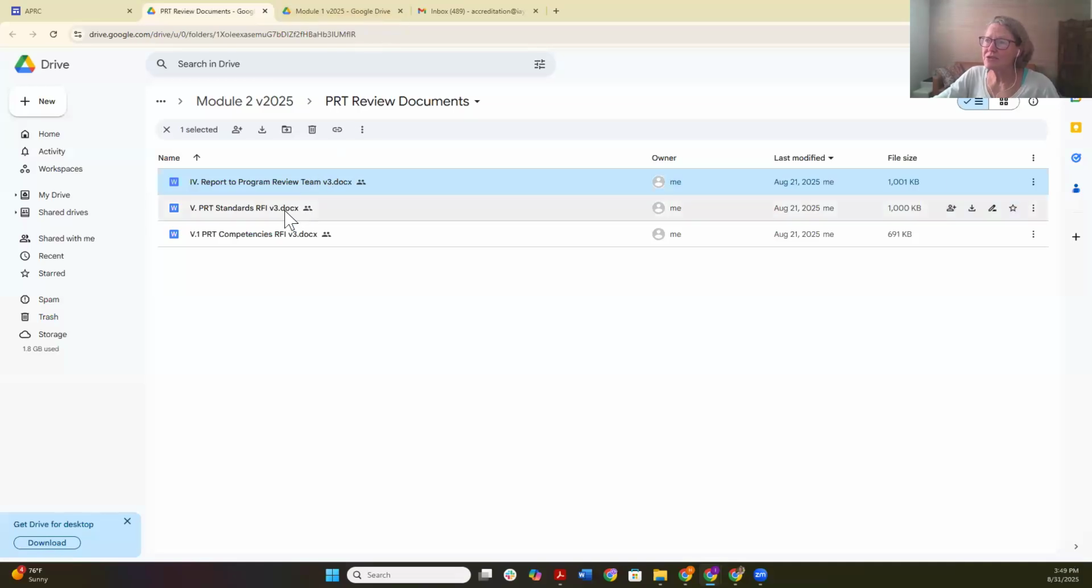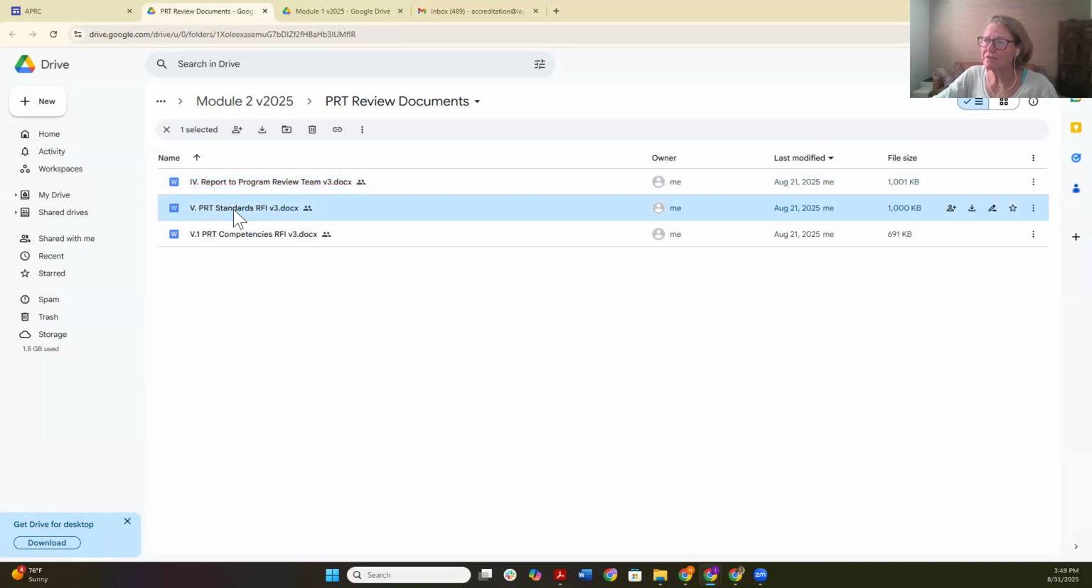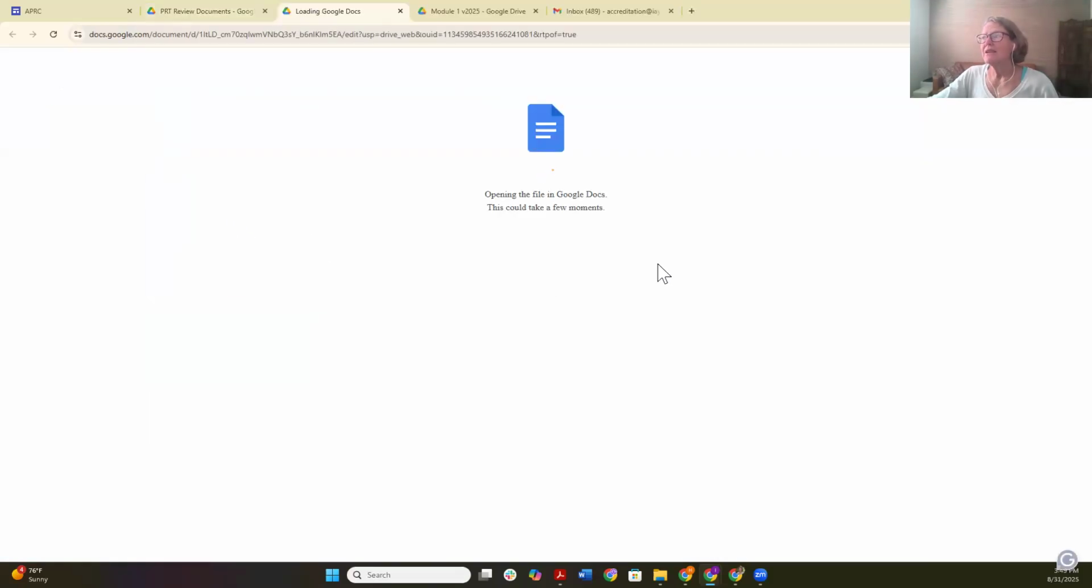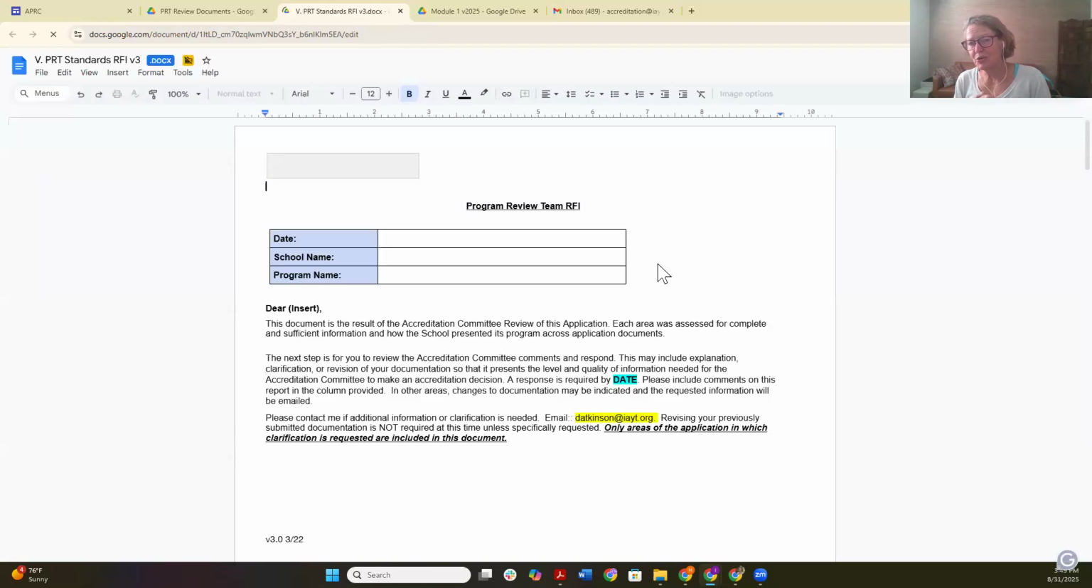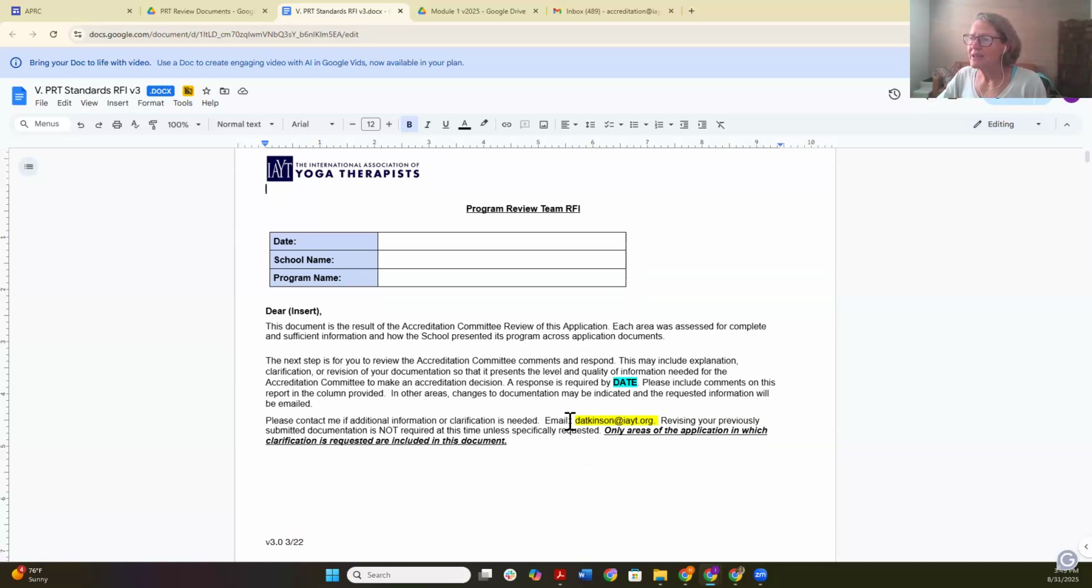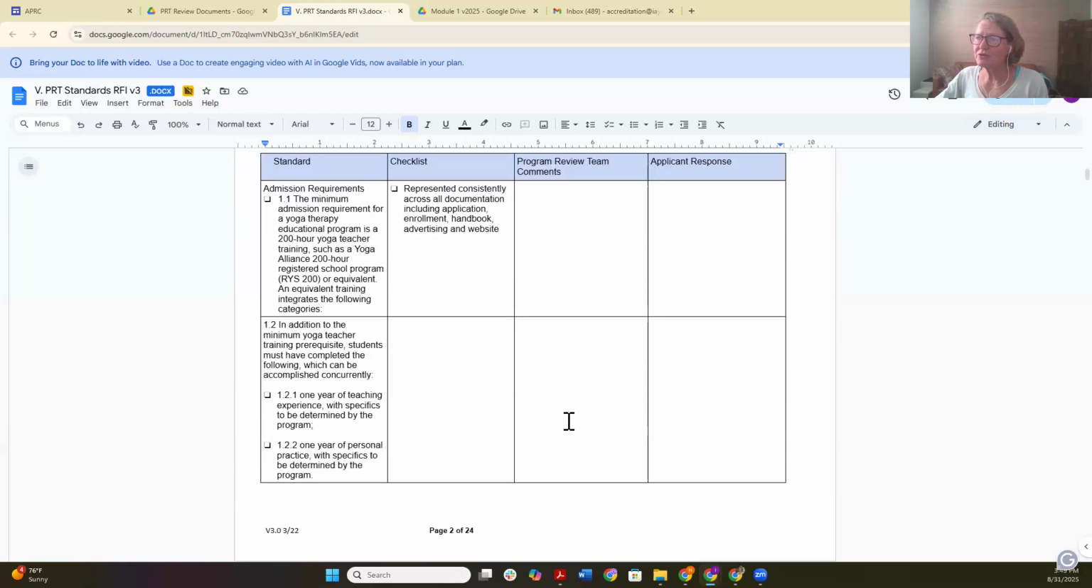And then the other 2 are what we call the request for further information, one related to the standards and one related to the competencies. If you have done accreditation of educational programs before, every organization does it a little bit differently. Some organizations have their competencies embedded in the standards, and some have them separated. We have ours separated, okay? So the program review team, when you all come together and look through all of the standards, the admission requirements, which is 1.1 and 1.2,